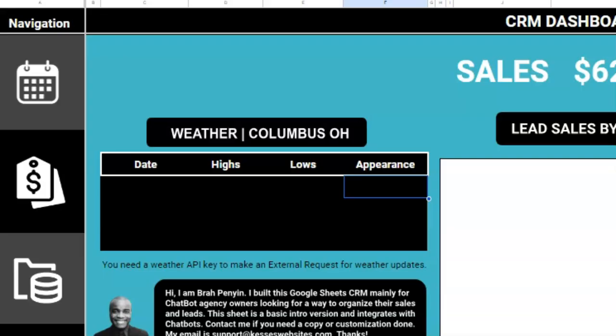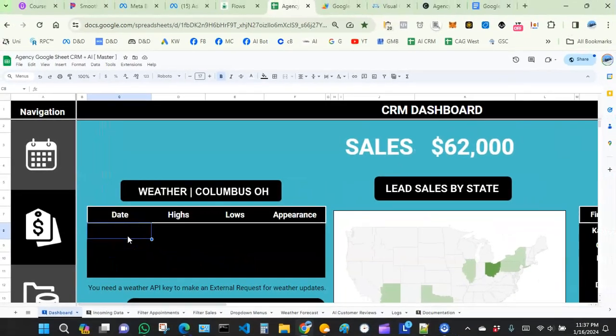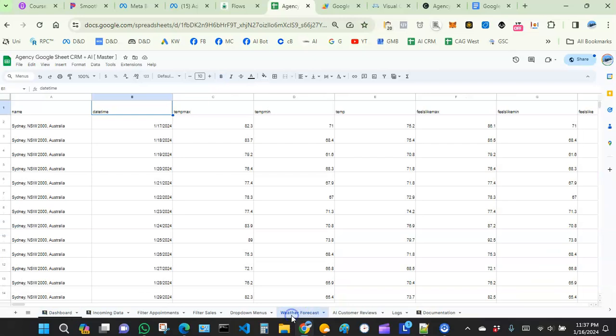You can do it whatever way you want. Okay, now we're going to use a formula to pull the data we want. So the formula is going to pull the date, and then it's going to pull the highs, the lows, and it's going to pull